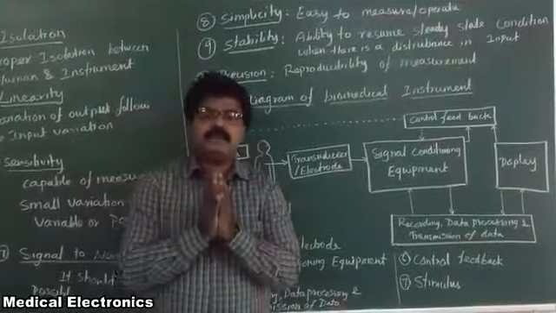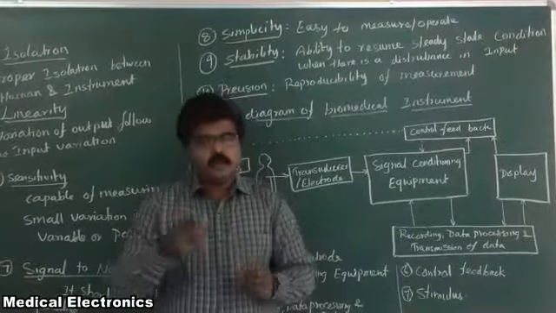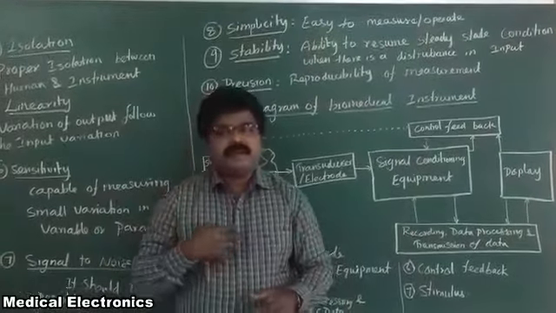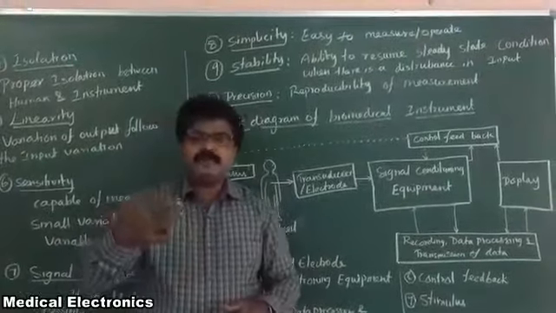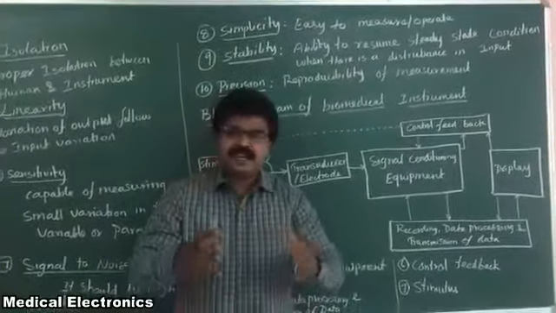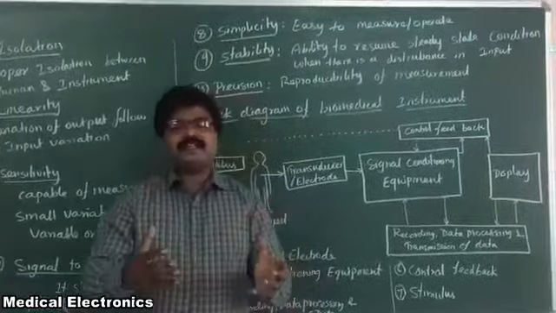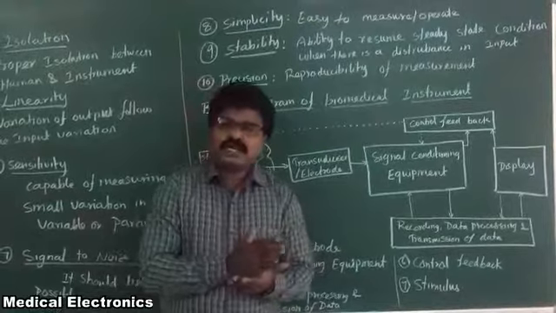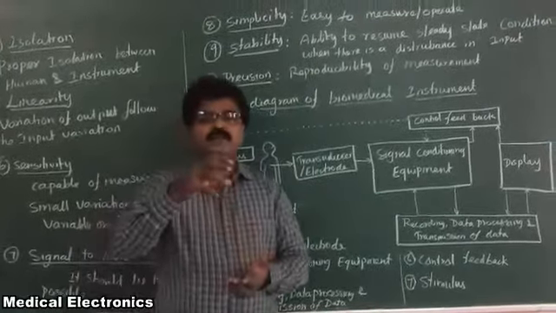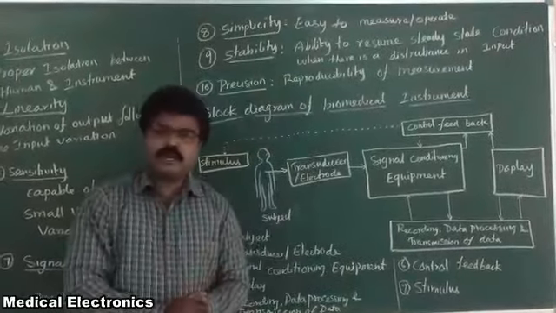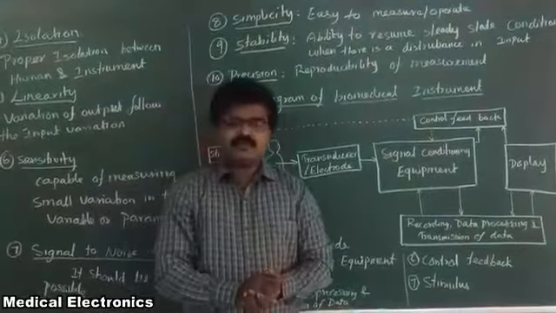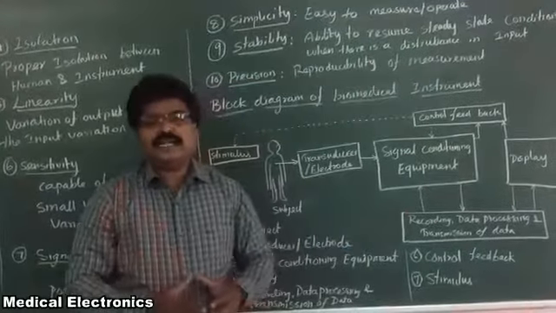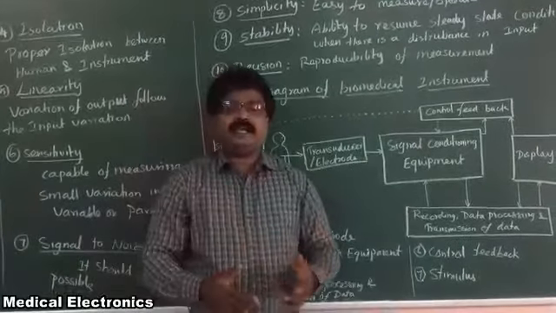Then the signal must be filtered, because when you are measuring a parameter from a human body, we cannot extract the signal from that particular organ alone, because the organs are interconnected. So the nearby organ signal also we will receive. So you have to filter out the unwanted signal and the useful signal must be isolated. For that purpose we are using filters. Next, the signal is an analog quantity, so that must be converted into digital quantity for display and data processing.